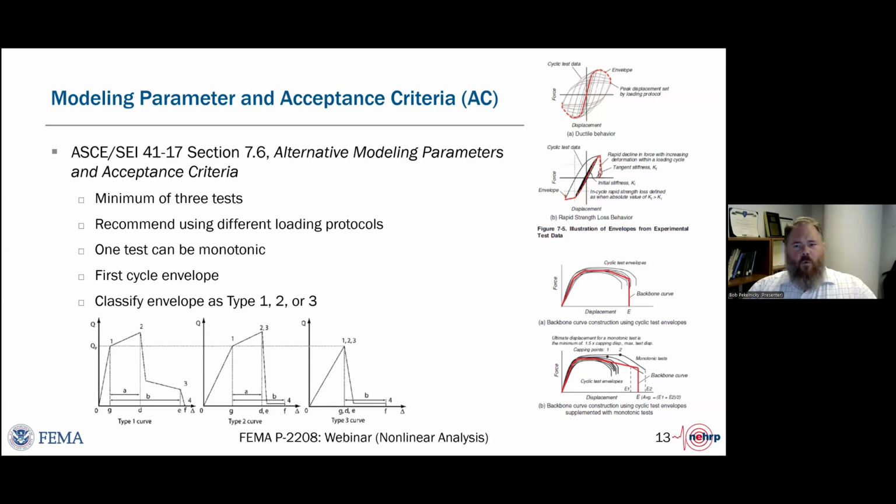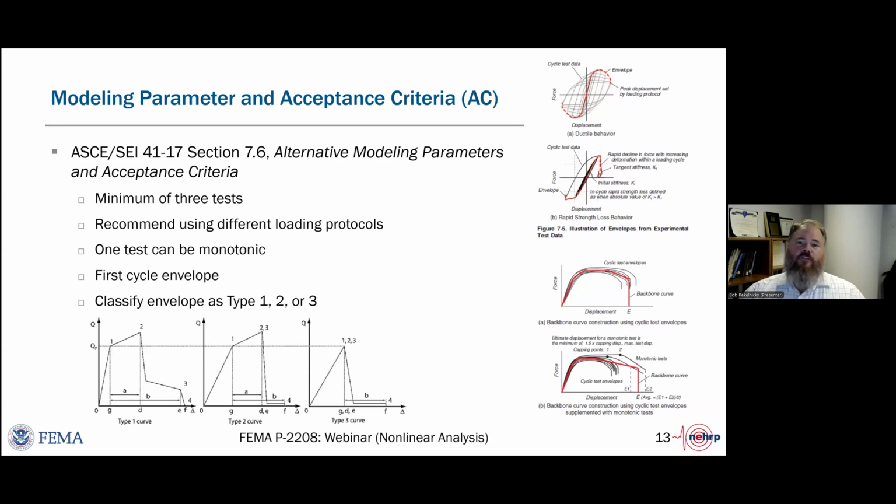And so the challenges that we were facing as a team was, how do we write rules for not just project specific testing, but general modeling parameters and acceptance criteria? Because also happening in the ASCE 41 update arena was the desire by the American Concrete Institute and the American Institute of Steel Construction to take ownership of the reinforced concrete and structural steel chapters.